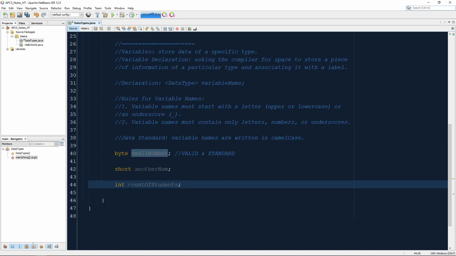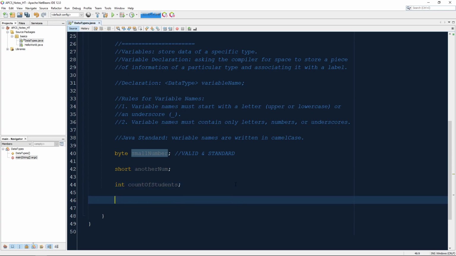And we can see that the count of students is also camel case, so valid and standard. Let's go ahead and try making a valid variable, but one that is not standard. So let's go make another integer. I'm going to stick with int again. So I'm going to say int, let's say